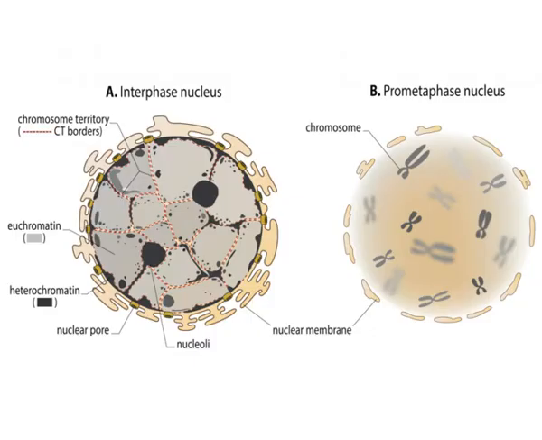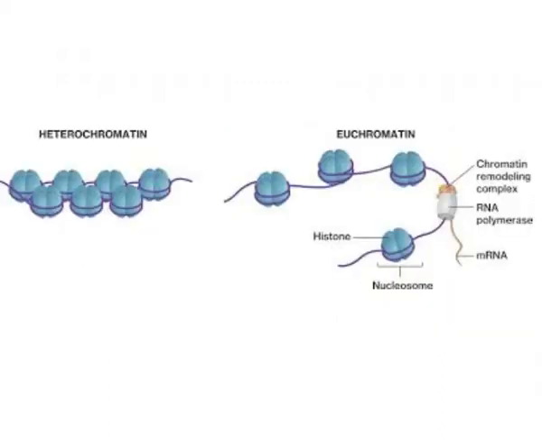The degree of condensation of euchromatin changes as it passes through the cell cycle. The heterochromatin, on the other hand, undergoes little change in the degree of condensation as the cell progresses through the cell cycle. The euchromatic nucleosomes are much less densely organized assemblies, while the heterochromatic nucleosomes are assembled in a highly ordered structure.